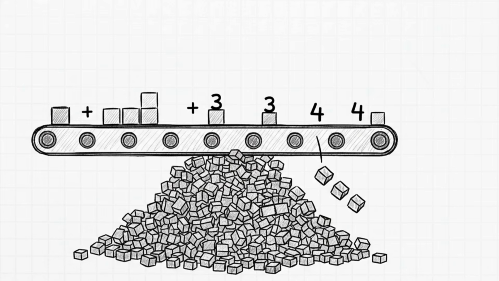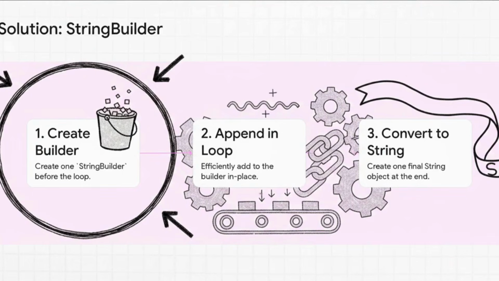If your loop runs 1,000 times, you're creating 1,000 temporary throwaway objects that the garbage collector has to clean up. It's just incredibly inefficient. The real power tool for this job is the StringBuilder. It's designed to be a mutable, or changeable, string. The workflow is simple. You create one StringBuilder before the loop starts. Inside the loop, you just append to it over and over again. This is super fast. And then, only when you're completely done, you call .toString to create that one final string